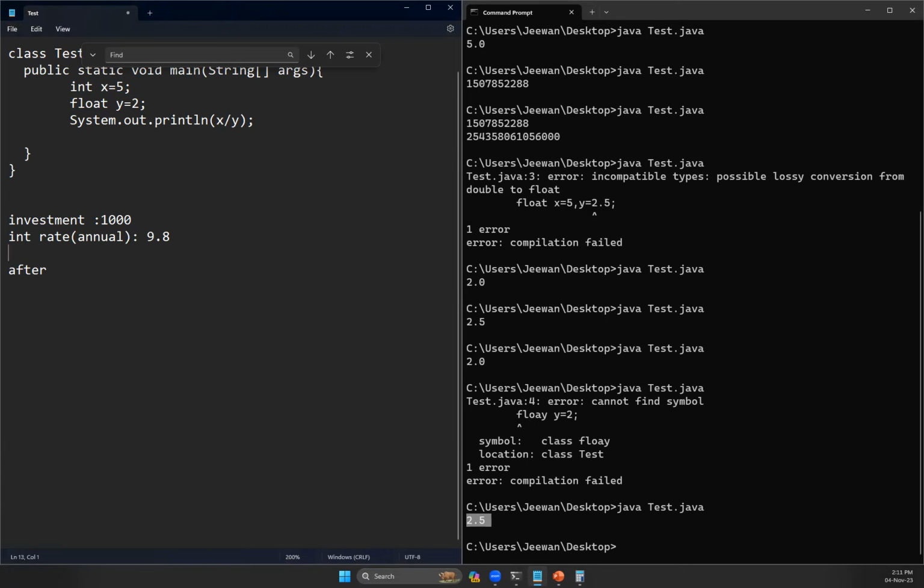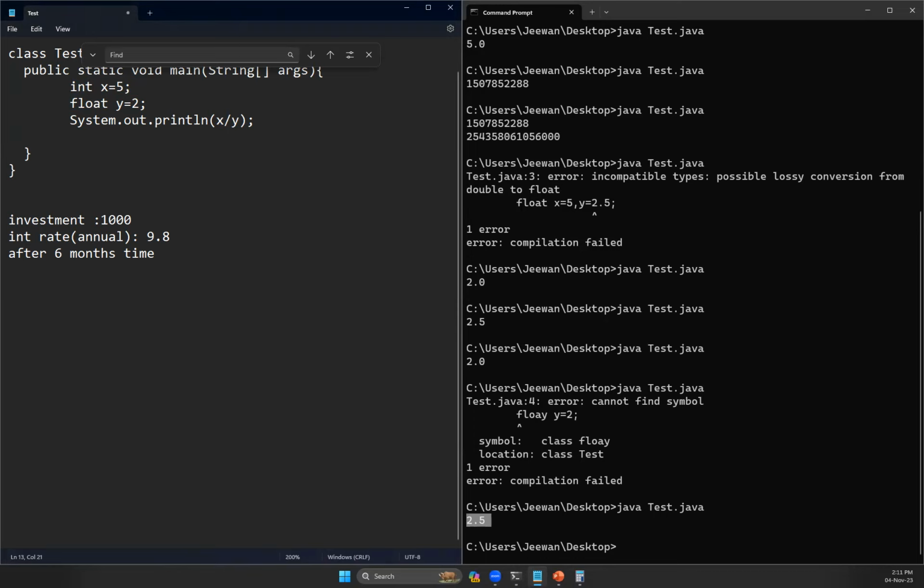Now you are going to make a calculator. Then calculate the value after 6 months time. Because if you invest 1,000 rupees at the rate of 9.8% annual, then after 6 months time, what would be